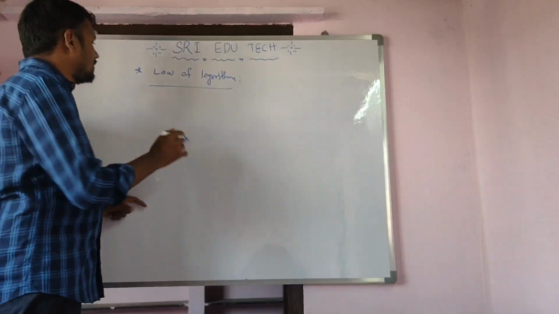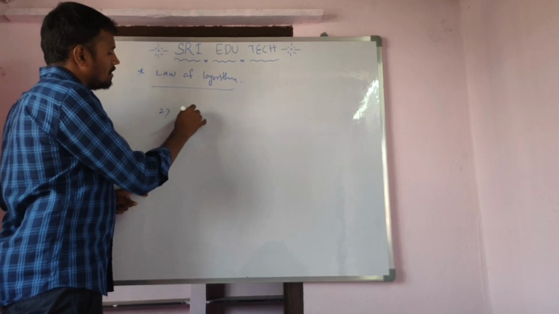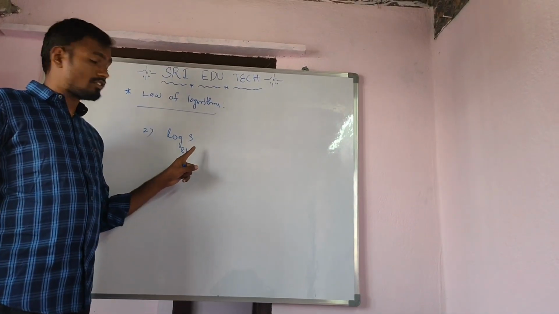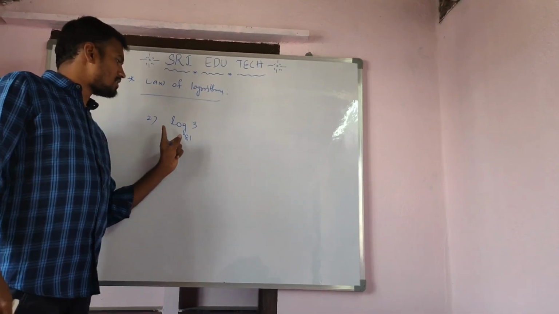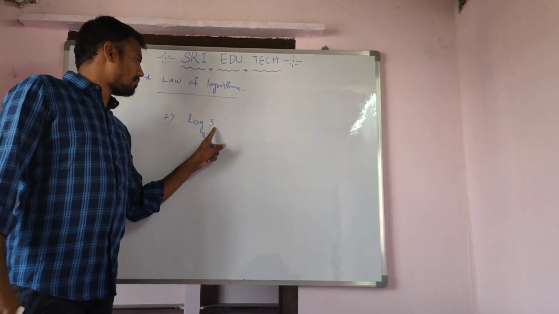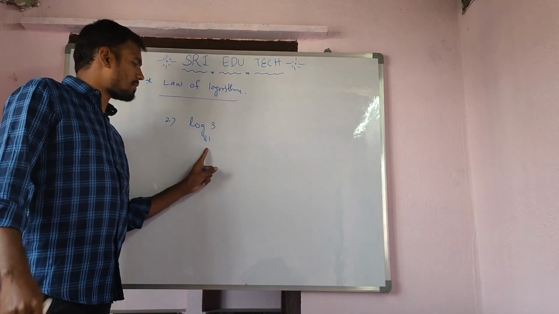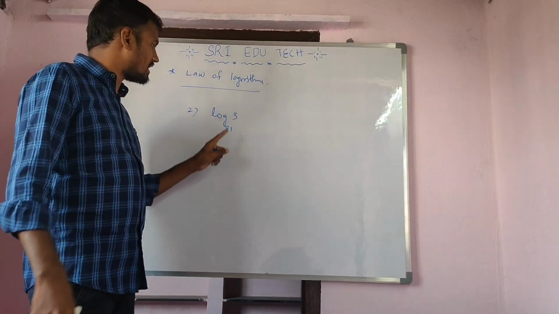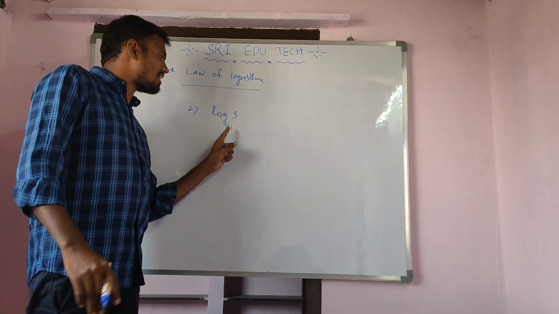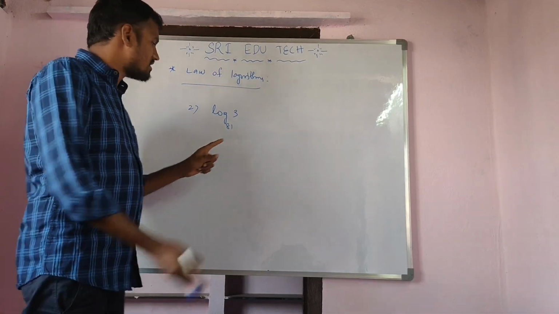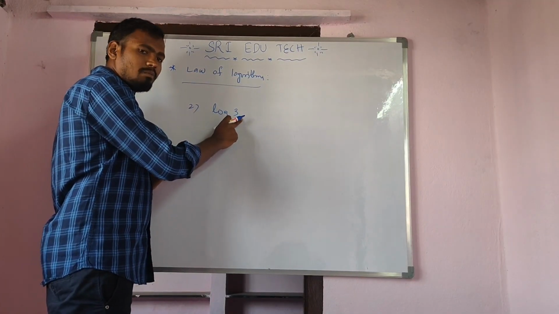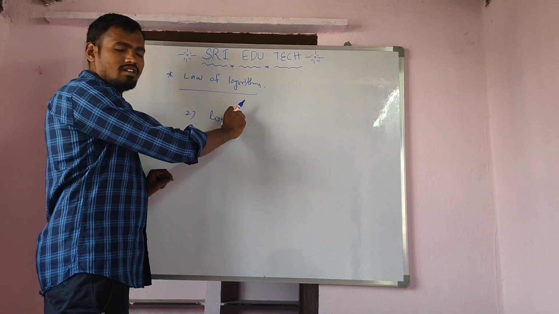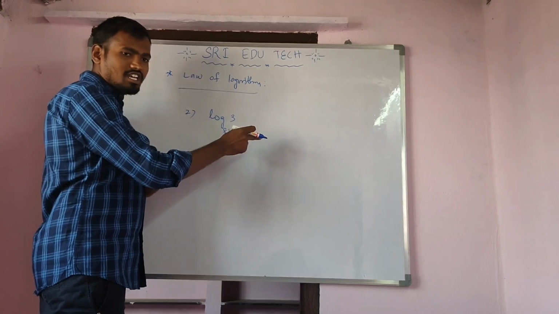Next one, see here, log 3 to the base 81. Log 3 to the base 81. Now we compare it to the base, so whatever the base is given, we have to write the power of the given number. It's very simple. See, wherever the big number is, you have to compare it to the smallest number. See here, 81 is the bigger number, 3 is the small number, so you have to convert the power to compare with the smallest number. Take the bigger number and do the LCM, then you write the power.